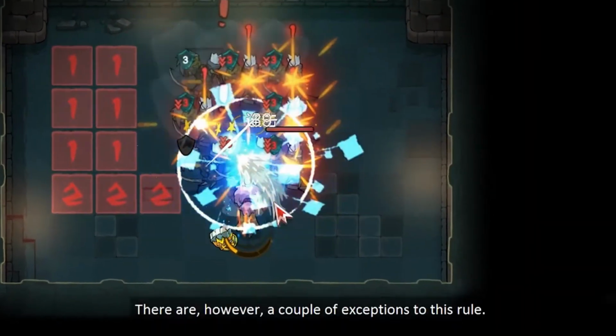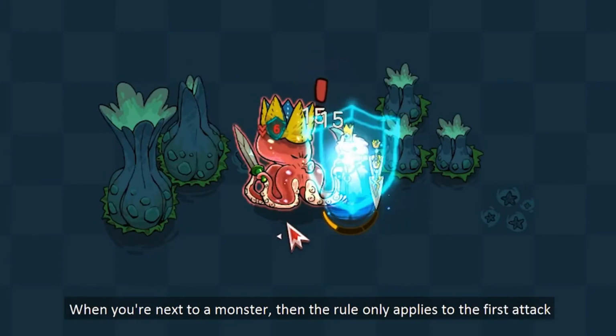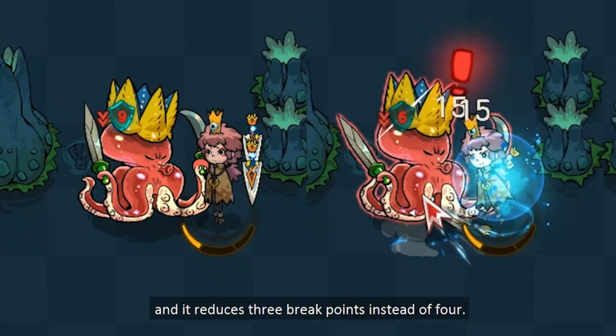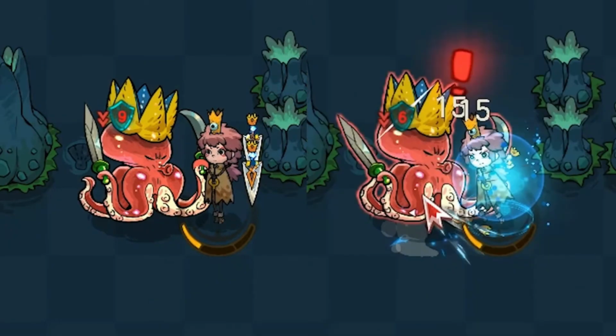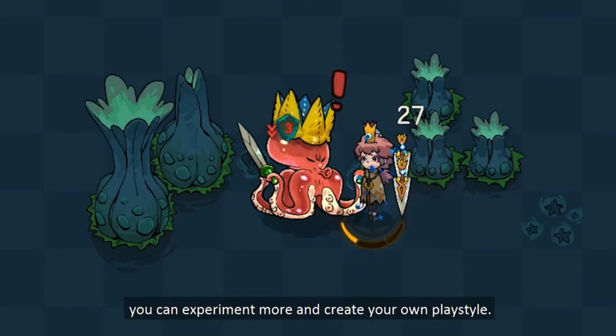There are, however, a couple of exceptions to this rule. For example, daggers attack twice in 1 turn. When you're next to a monster, then the rule only applies to the first attack and it reduces 3 breakpoints instead of 4. Alright, once you're familiar with the combo and weapon mechanics, you can experiment more and create your